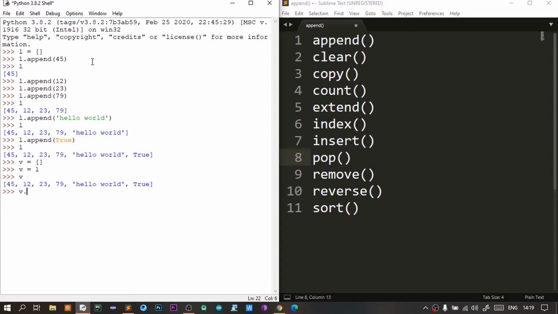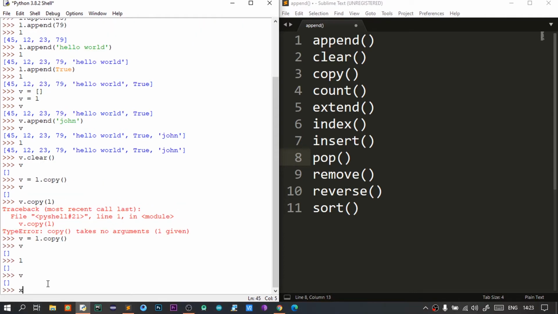For suppose, if you add a value to V, let's say John. Now check what values are in the V. See, V having John. Now check L. L also having John. This is because you are just creating another reference to the L, not copying the values. If you want to make different object from the given object, you can do in two ways. One is you just copy the data from L to V. Otherwise, you can use a specific syntax to make that.